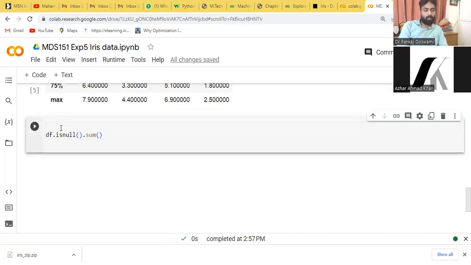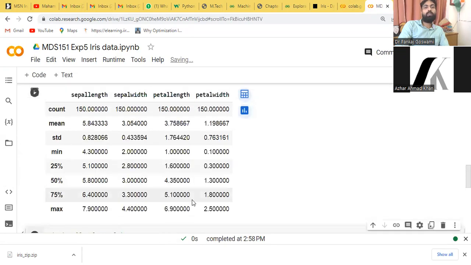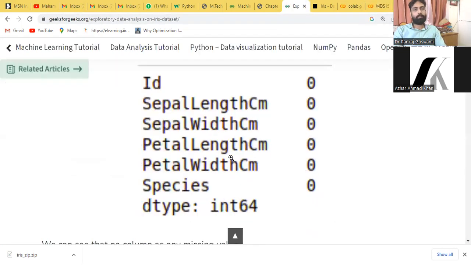यहाँ पर हम चेक कर रहे हैं हमारे पास null वैल्यू हैं? Check null values of data. So basically it's given sepal length is 0, sepal width is 0, petal length 0, petal width 0, class, इनमें से किसी में भी आपको कहीं भी नल वैल्यूज नहीं मिली तो उन्होंने बता दिया इनमें से किसी में भी नल वैल्यूज हमारे पास नहीं हैं। अगर होती तो बता देते कि कितने काउंट्स हमारे पास नल वैल्यूज के आते हैं।